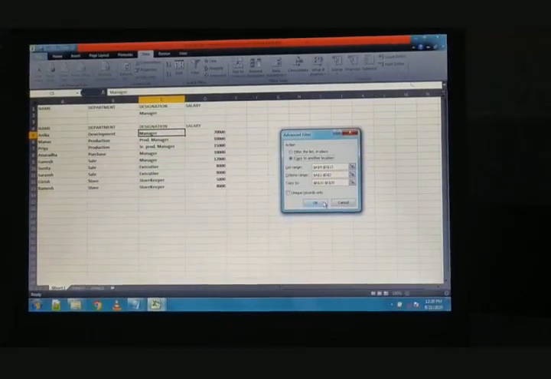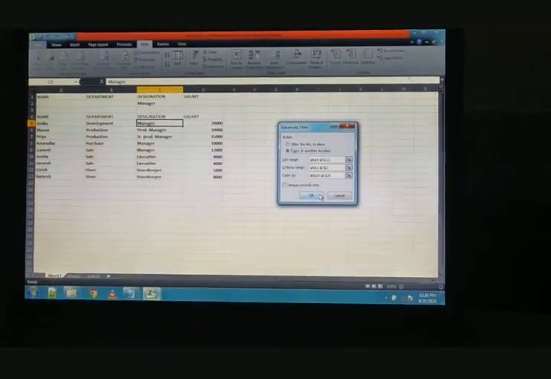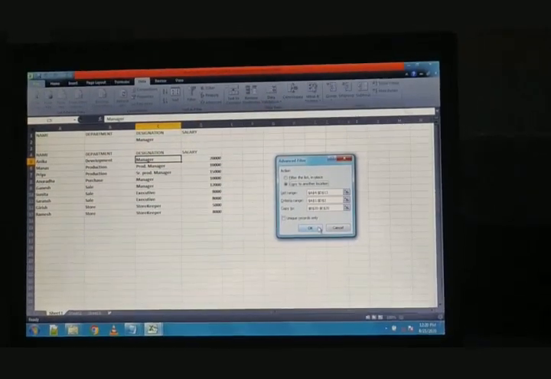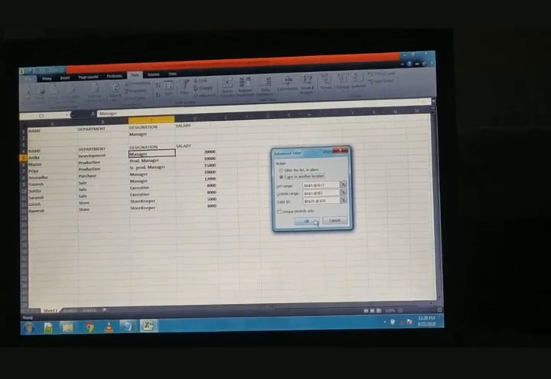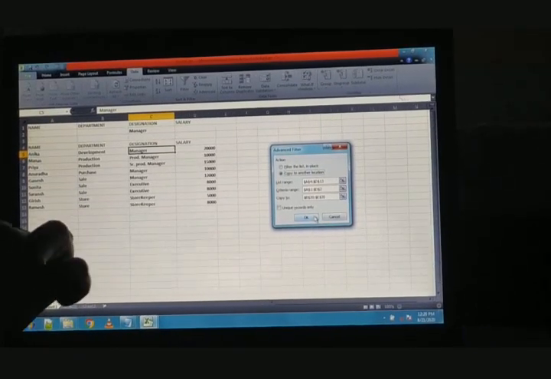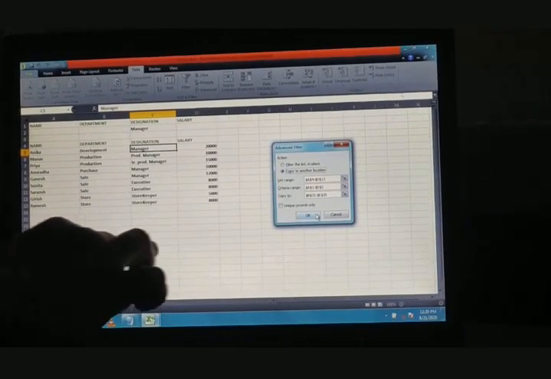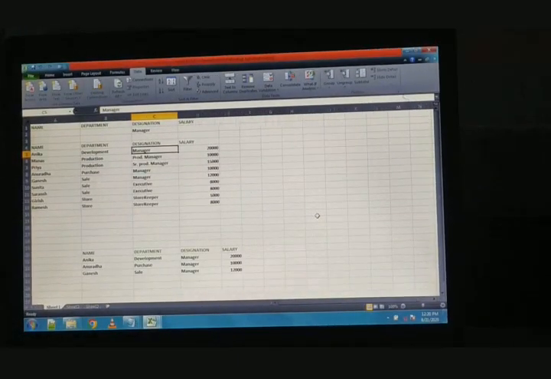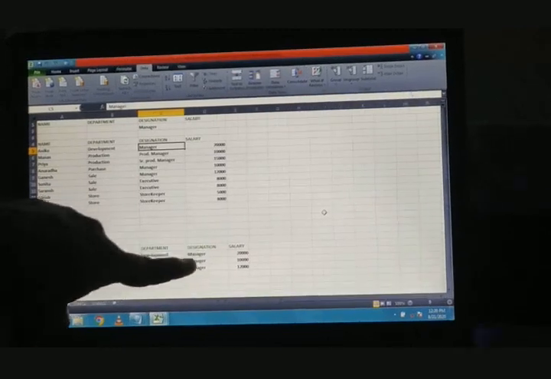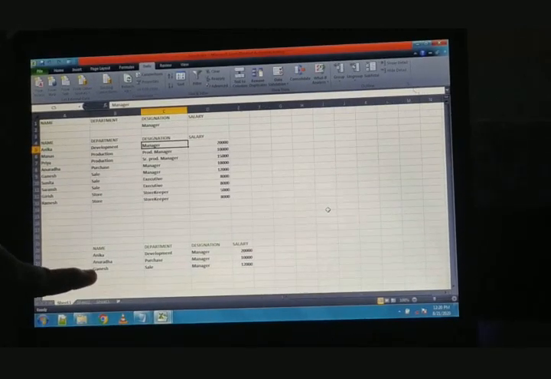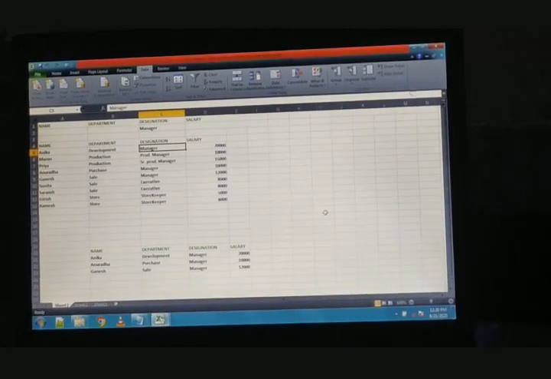Then what will happen, students? Here I got the records of employees who have the designation of manager. And what will be the position of the filtered record? Yes, from B20 to E20. Now you can see that there are three employees who have the designation manager, Anika, Anuradha and Ganesh.